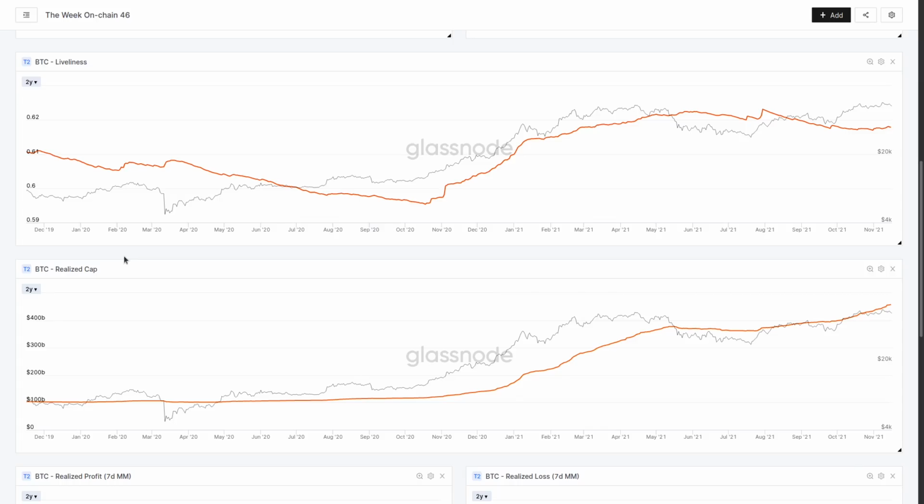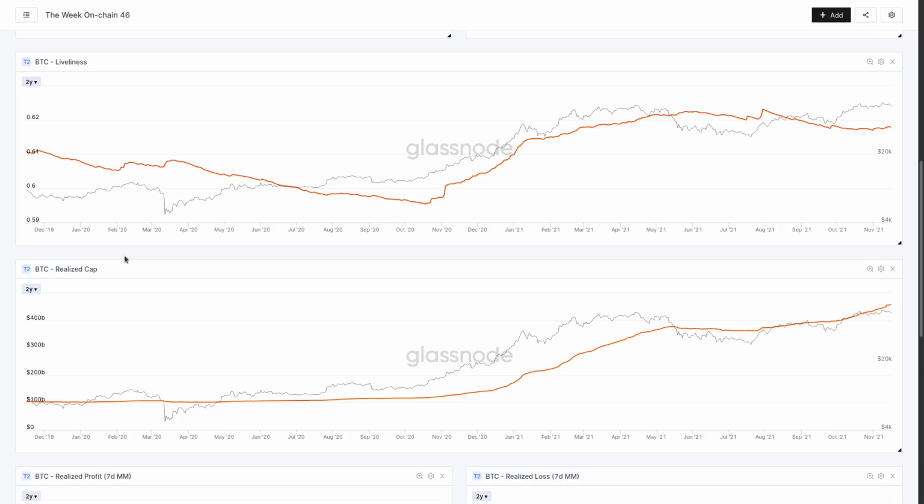So liveliness is a very, very big picture metric. We mentioned before that every coin in the supply will accumulate 1 coin day per day. So you can think about the circulating supply as generating 18.8 million coin days every single day. Now, some of those coins are obviously spent, and that's destroying lifespan. So what liveliness does is it takes a ratio of the all-time coin day destruction to the all-time coin day creation.